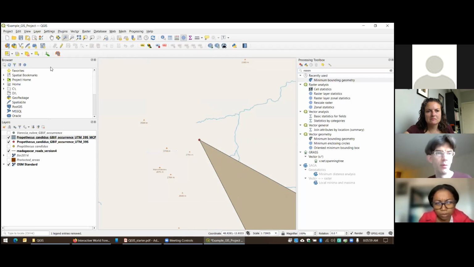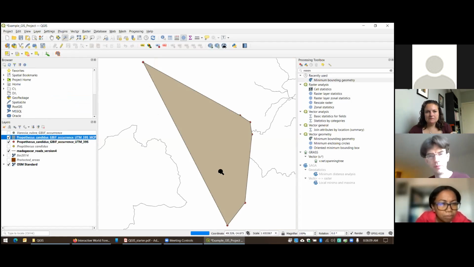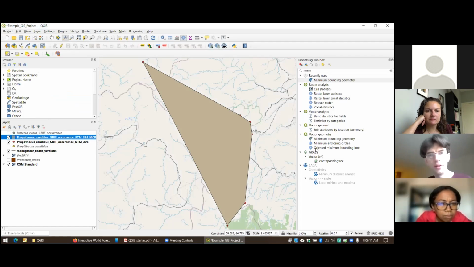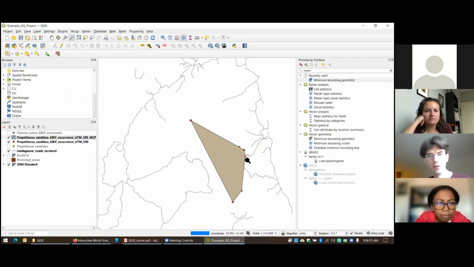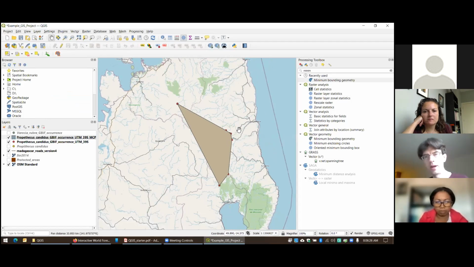So one thing that we can do, I'm going to go ahead and zoom to layer so that we can see this a little bit better. Let's zoom out just a tad. There we go. One thing that we can do is buffer this feature by a little bit, so that we can account for the fact that these animals are probably moving around.